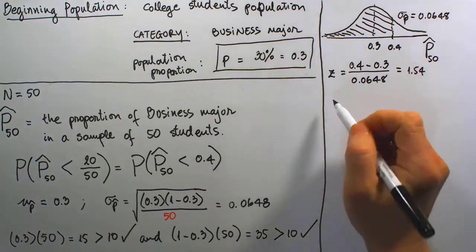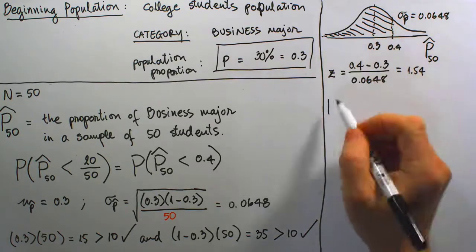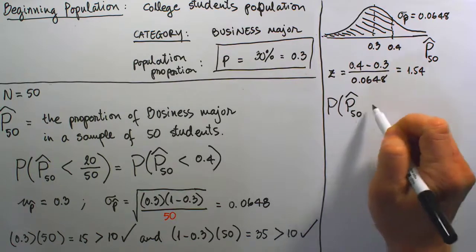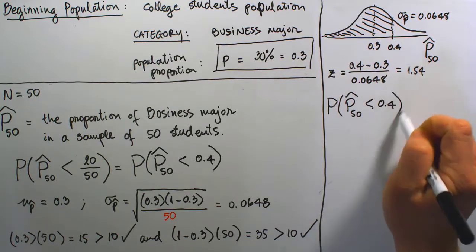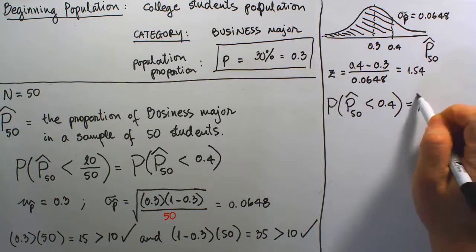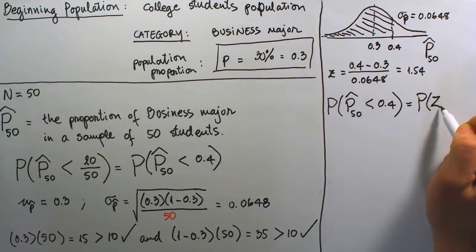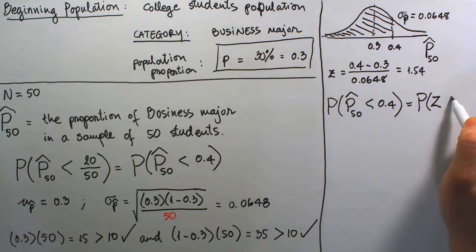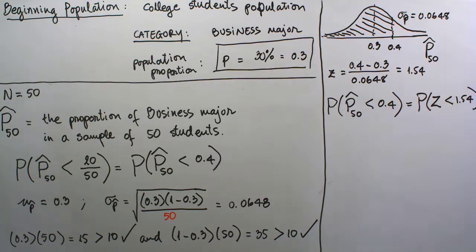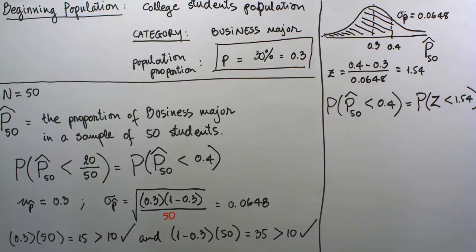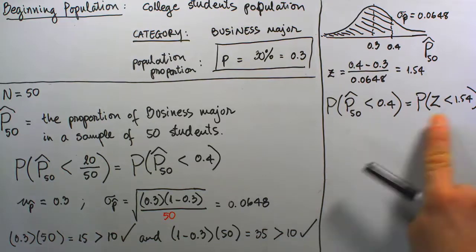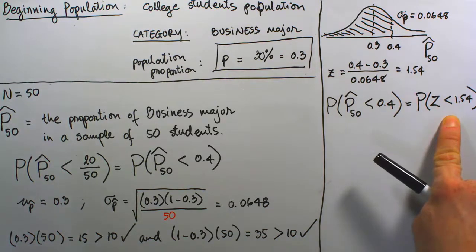So that means this area, symbolically as the probability problem where we want p-hat 50 to fall below 0.4, this probability or this area is the same as the probability or the area on the z curve, or the standard normal distribution curve, where the z-score falls below 1.54. And so now, upon realizing the connection between the answer to our work and the answer that will come out from the standard normal distribution,